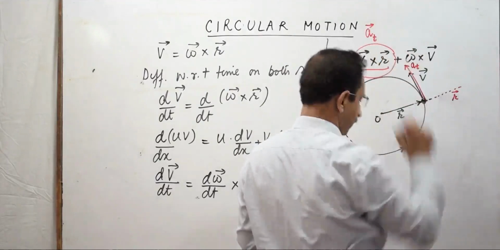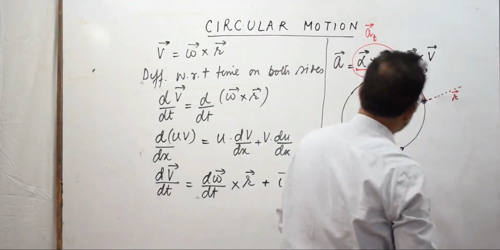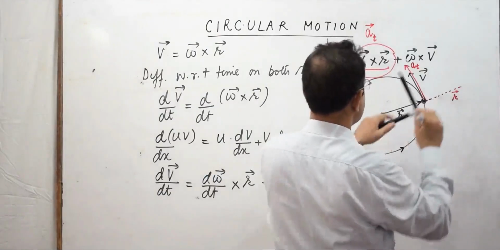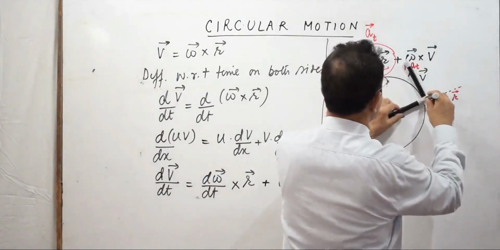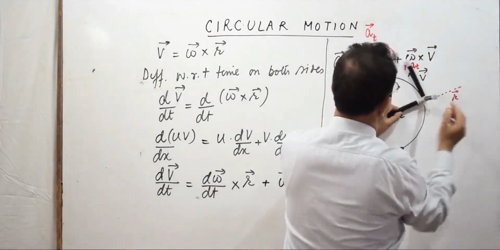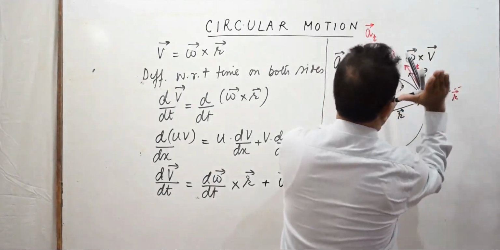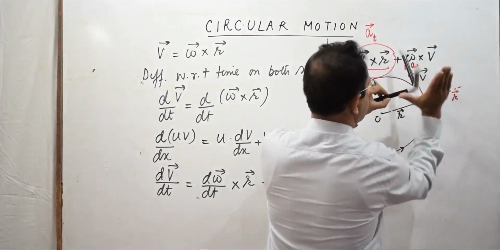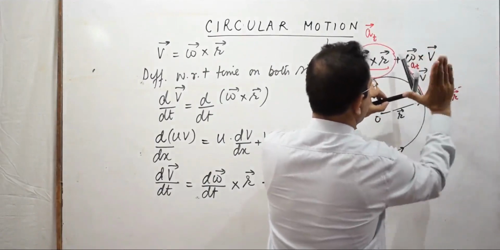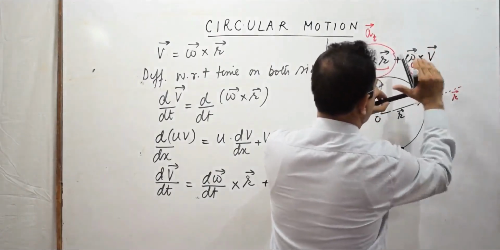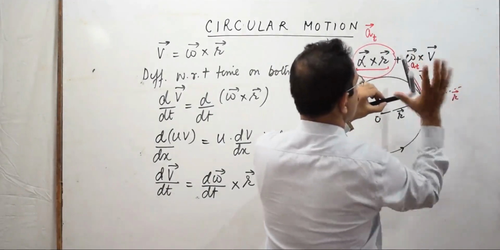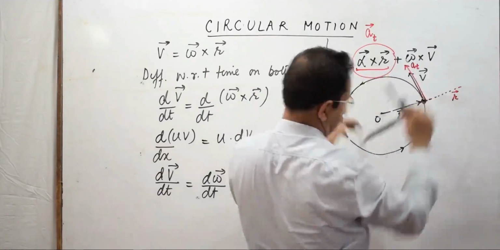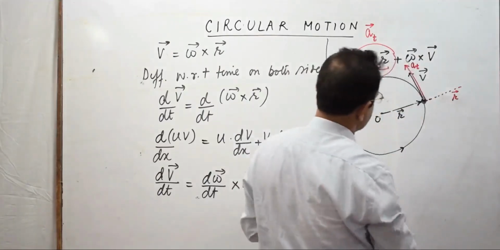Let's go to the second term. Now, the second term is omega cross V. So, where is omega? Omega is again outwards. As I said earlier, ये एक axial vector है. And where is V? V is along the tangent. Now, what you have to do is, you take your right hand fingers. This is the direction of omega. Put it in this manner कि आप right hand finger omega को V की तरफ turn कर रहे हो. So, this is V. This is omega. Omega cross V. You will agree with me, will be this direction. तो ये हमारे पास डायरेक्शन बनता है.